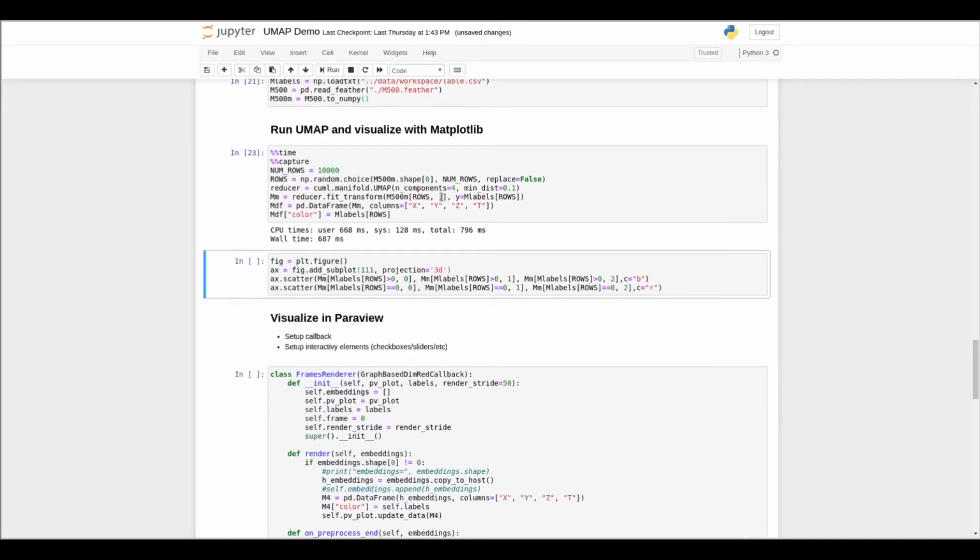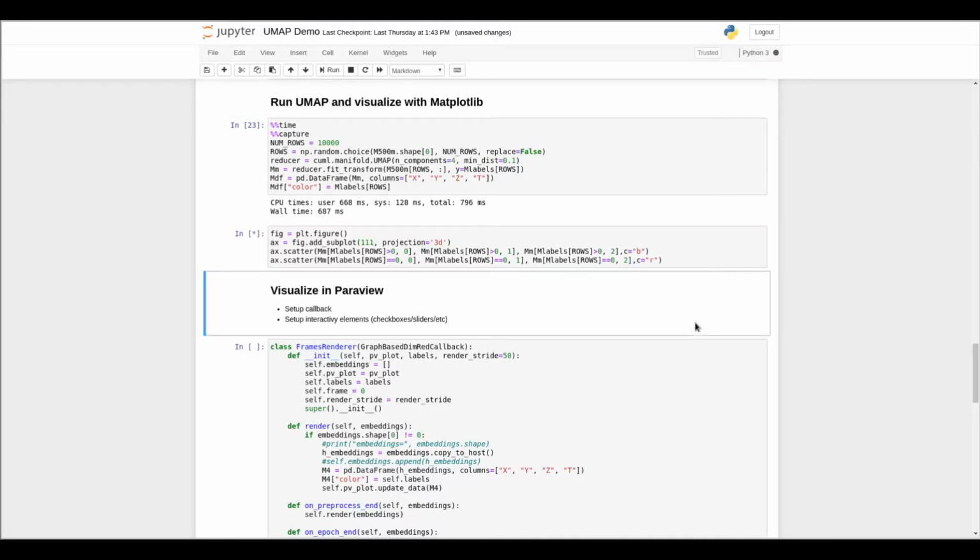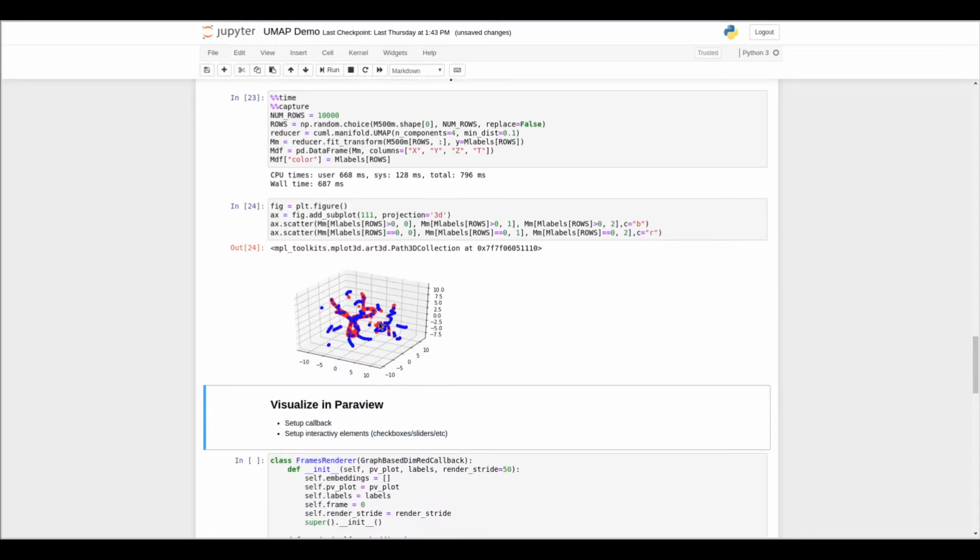And here we're actually going down to 4 dimensions because we wanted to have a little bit of room to play around with in PairView. And so we can just go ahead and take a look here at what this looks like in Matplotlib, and you can see, especially without interactivity, we don't really have much in the way of